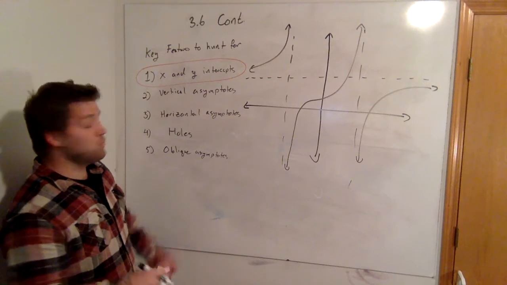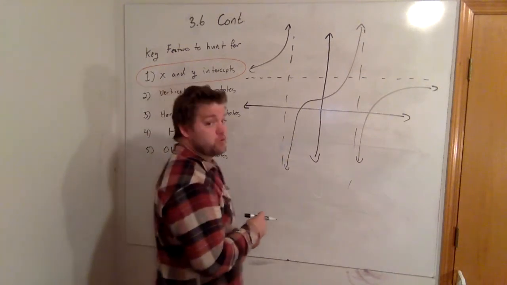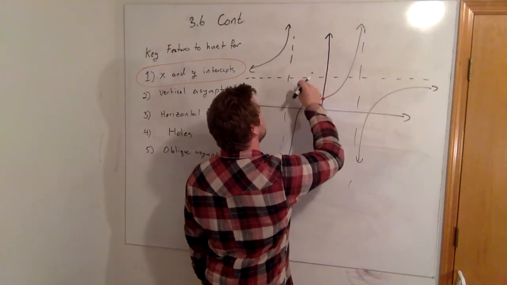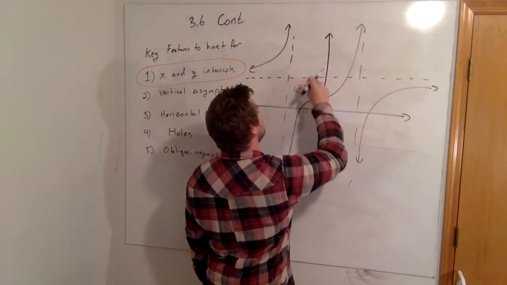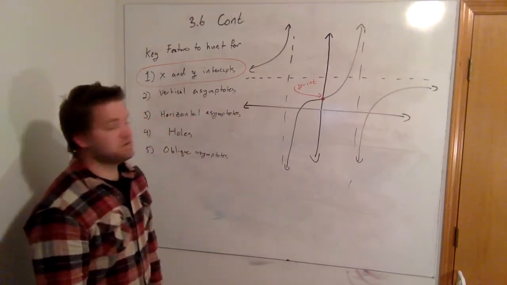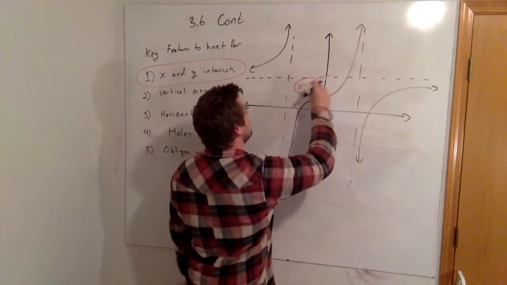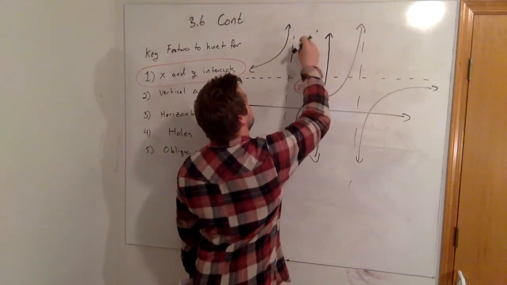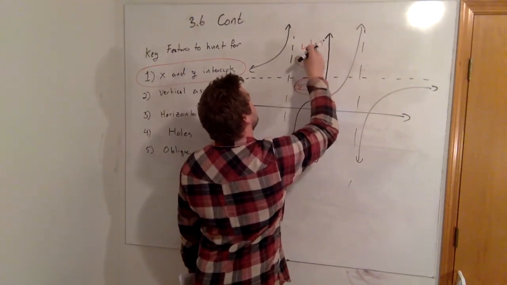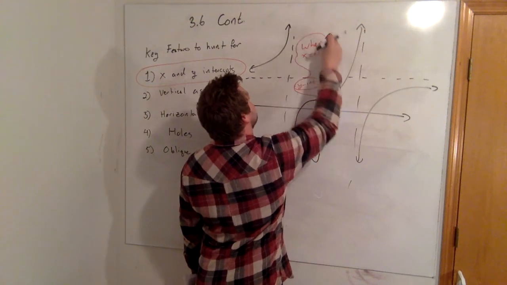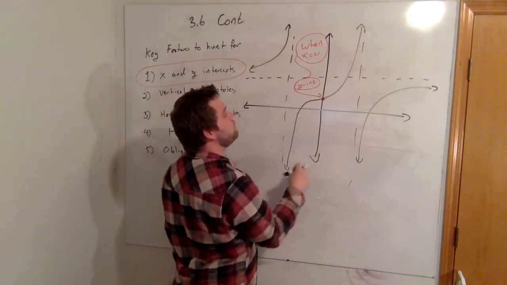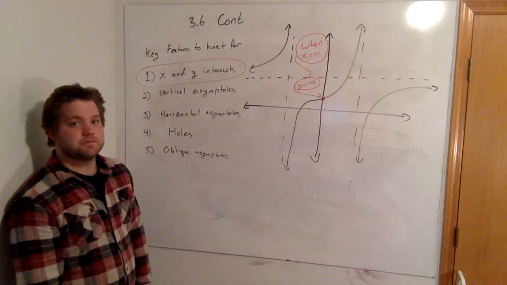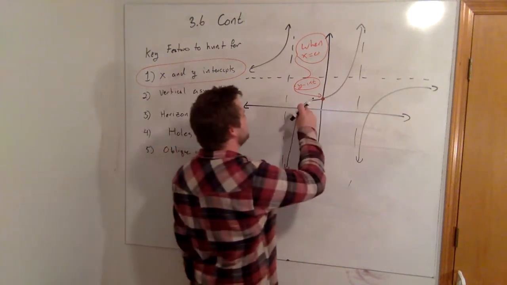Okay, so what we want to hunt for is the y-intercepts. So this would be the y-intercept. What's special about y-intercepts? How do we find y-intercepts? This is when x equals 0. So I want to know what the output of the function is when x is equal to 0, and that'll tell us our y-intercept. If I want to know about our x-intercepts,